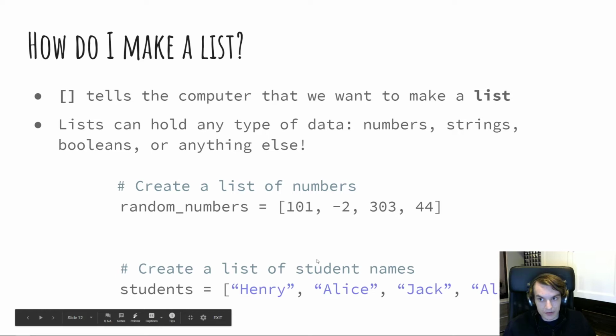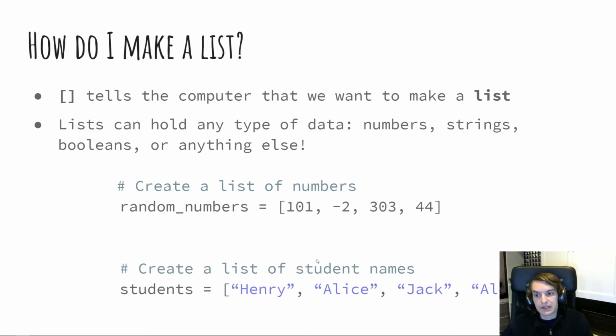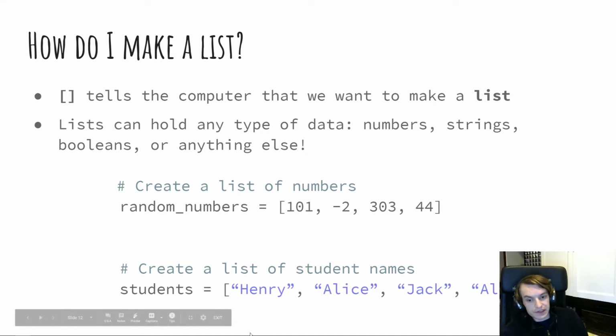So this is our list syntax. These square brackets tell the computer that we want to make a list variable. Lists can hold any kind of data. They can hold numbers, strings, booleans, anything else, which we will get to what else there can be. They can also hold those, which actually includes lists. You can create a list of lists, or a list of lists of lists, etc. And that does tend to be where things start getting very complicated. But by and large, if you know what you're doing, you can do some really powerful stuff with lists.